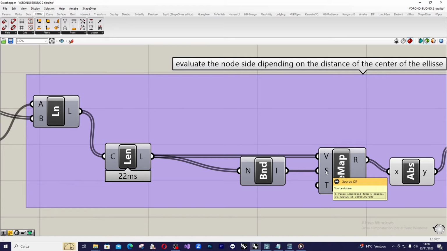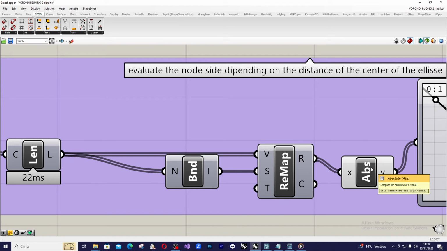The starting domain is the output value from bounds. Now I use absolute only in order to avoid some error that can happen, and then I connect